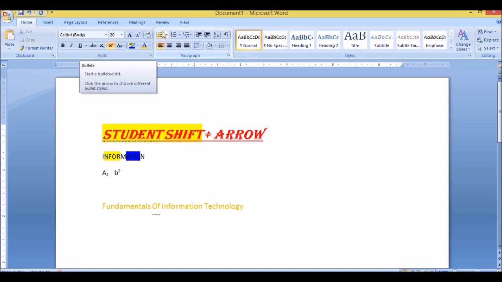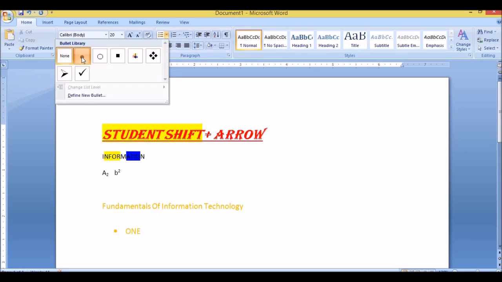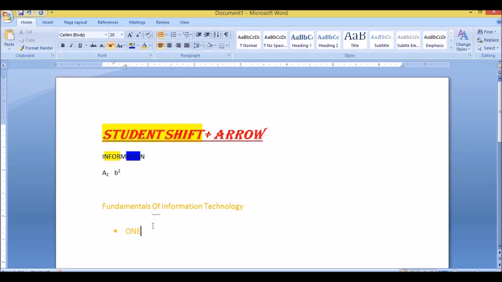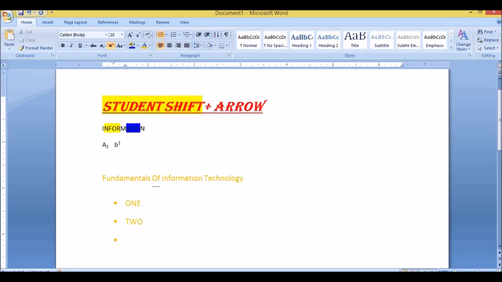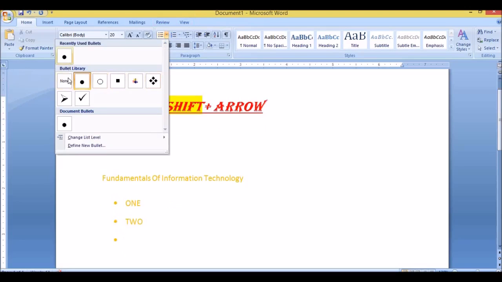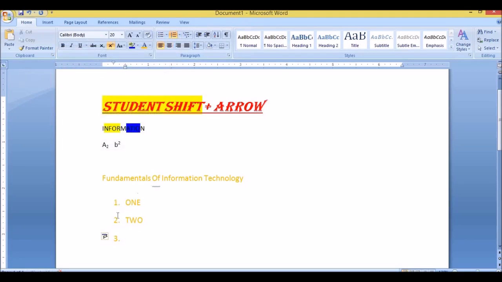And then this is called bullets, girls. Say for example, I want to number this as 1, so I'm going to click here and make 1. By using bullets you need not click one by one, girls. By clicking enter itself it will create a new bullet here. There are many bullet symbols available, you can take any one. Okay, and then this is called numbering. See, it becomes 1, 2, 3, so it is 3, it is 4.